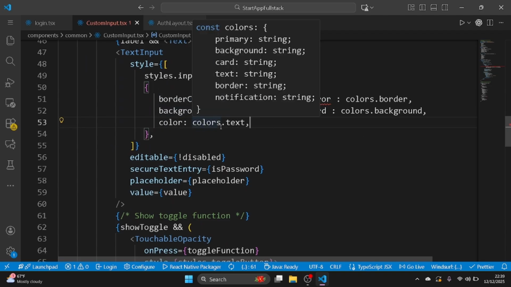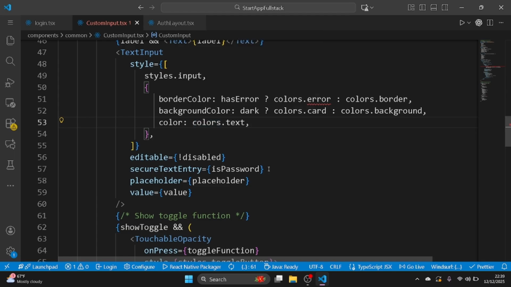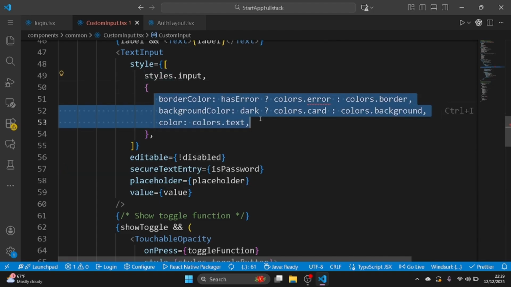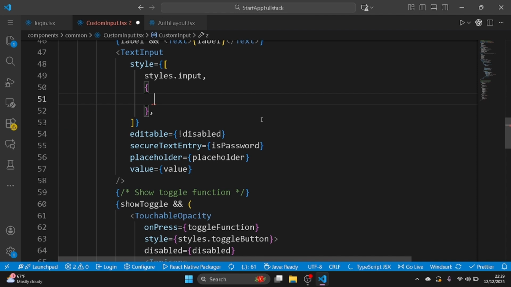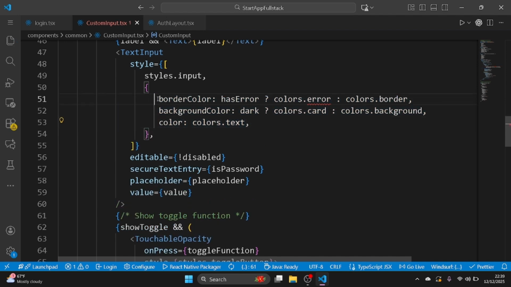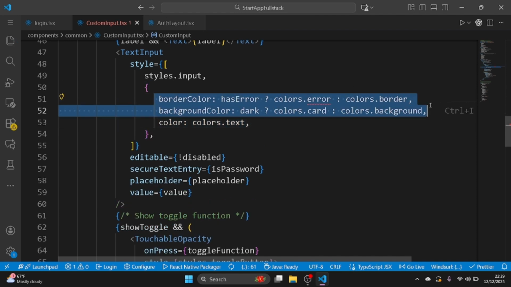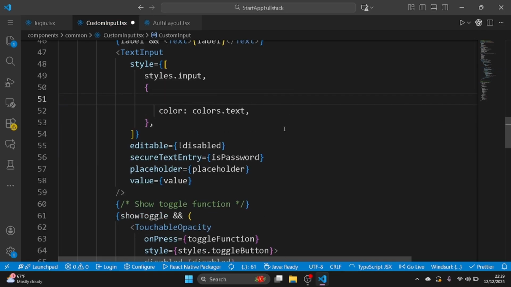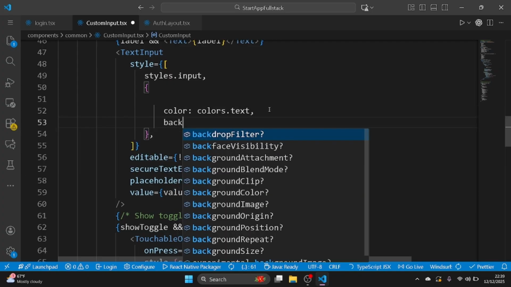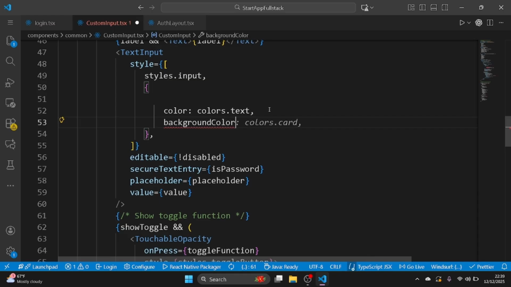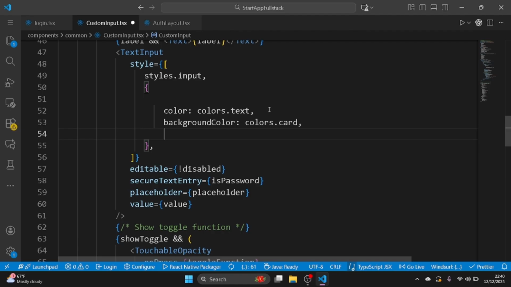Now go back to our text. So we see here we pass the style. This is the input style, but we maybe add a couple of things in here again. For the text color, we keep it. We need that. What else do we need? We can do background color equal to colors.card, and we can also do border color